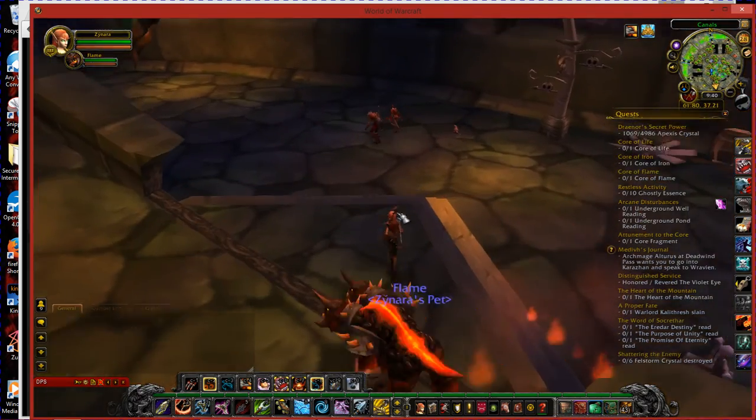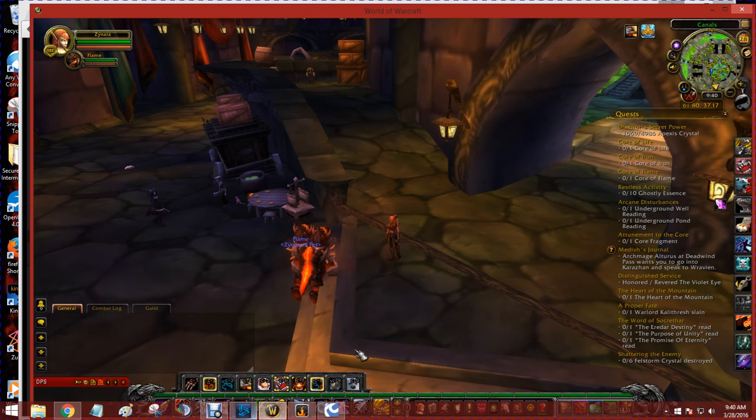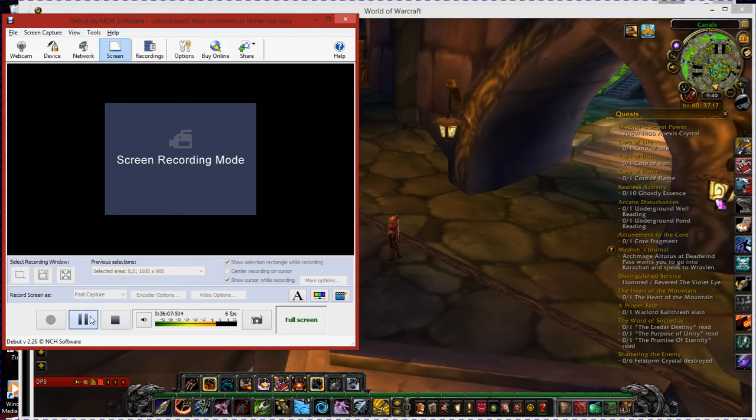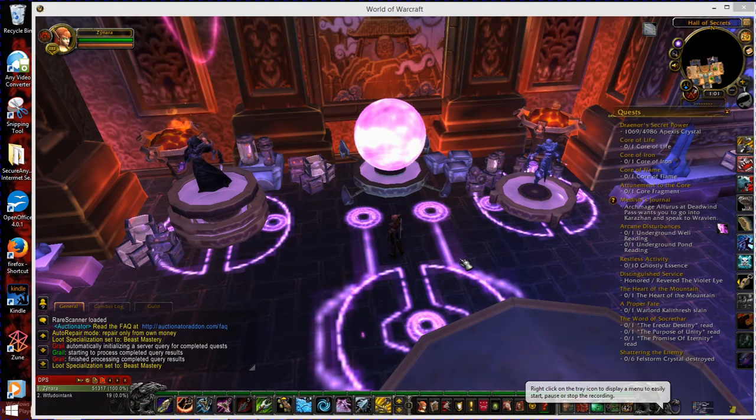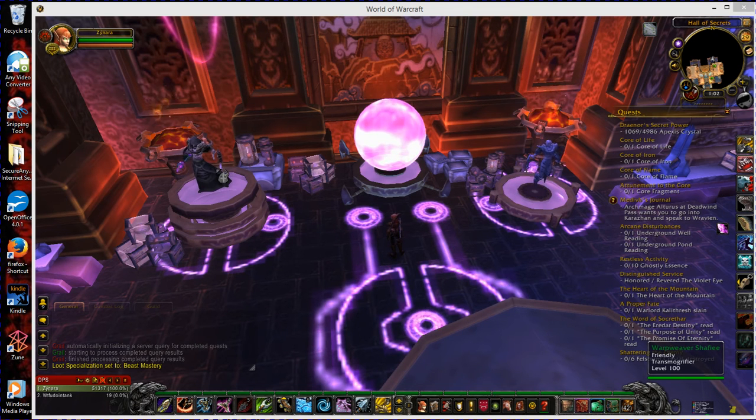Alright, so that is transmogging. There is the next part. Once you have the set that you want, going in and actually going to the transmogrifier and using that process. Okay, so here we are in Pandaland. We are in the shrine, and we went to the transmogrification room, which is where we actually do our mogging. As you can see, we have the transmogrifier here and our void storage here. Void storage holds most of my mogging needs, but we don't need that.